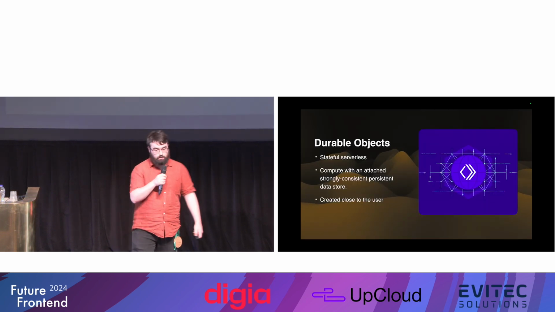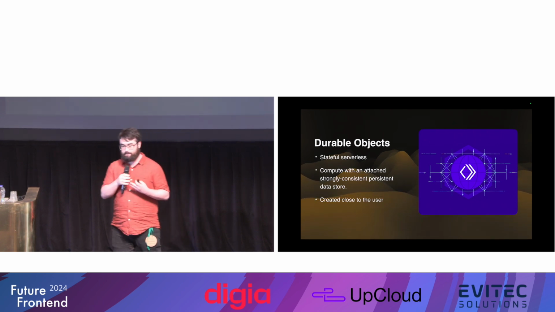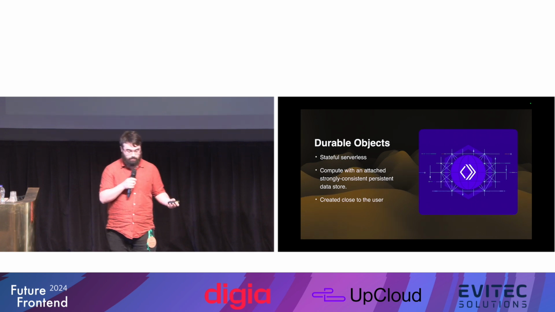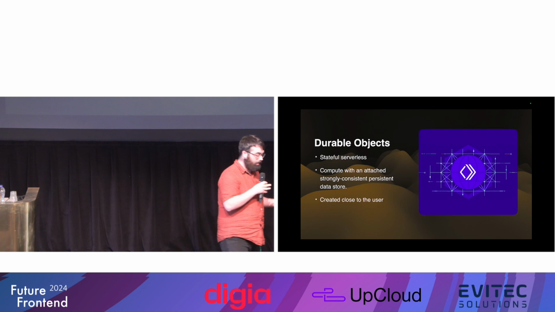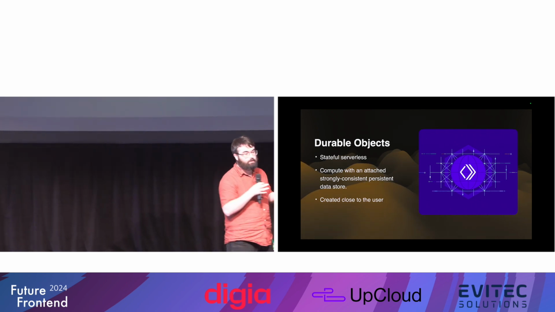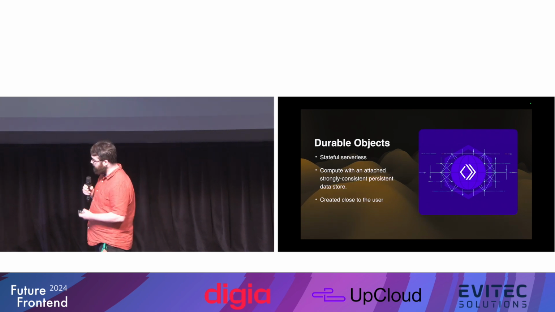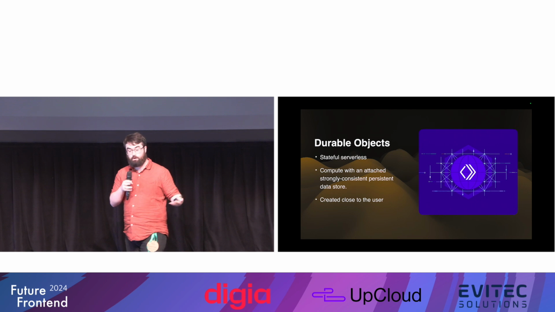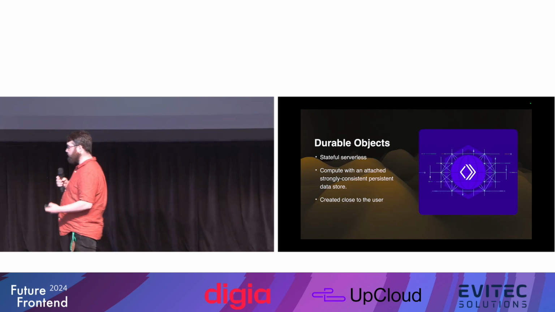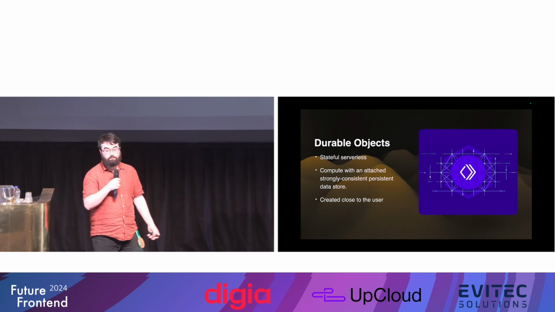So I'm going to quickly talk about durable objects. And durable objects are basically a way to have stateful serverless. And what do I mean by that? Traditionally, serverless, as you usually think of it, is effectively stateless. If you think about lambdas, a request comes in, you do some data mangling, you might go to a third-party API, and then you return a response to users. But at that point, it stops. If you need to think about storing state, if you need to think about user application data, you need to reach for a third-party service.